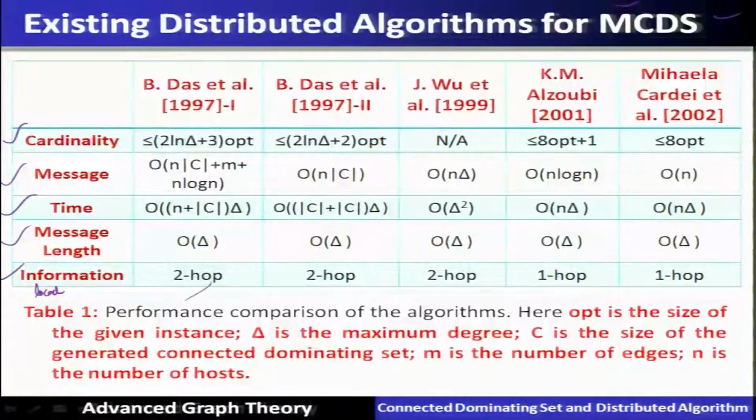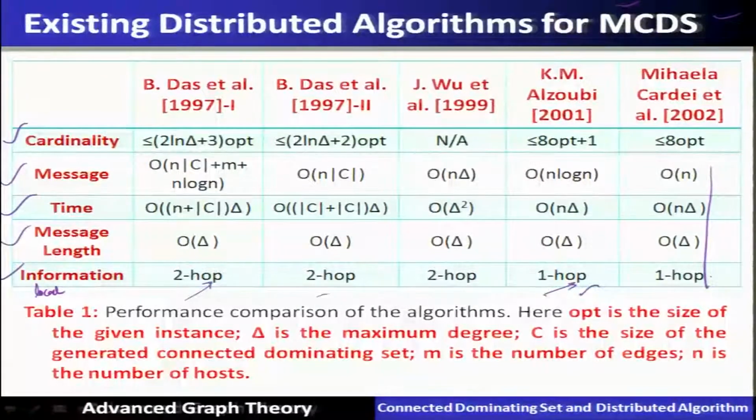So, information up to 2 hop is required, sometimes only 1 hop is required. The less information is required, the better it is for the algorithm. So, here we will study an algorithm in which the information required is